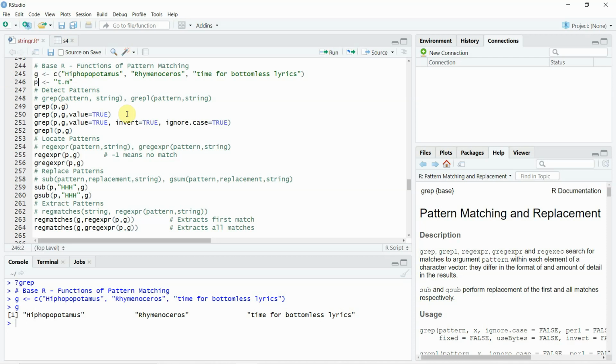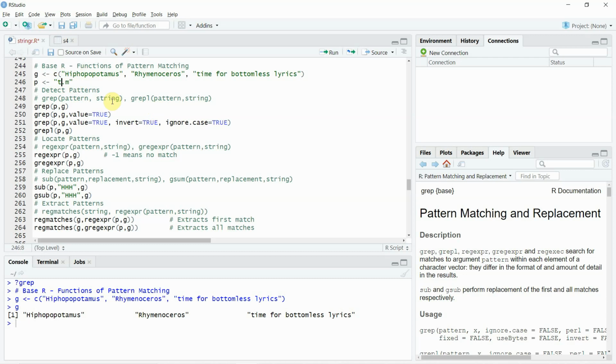Next, we are going to introduce a variable called p. Now in this variable, what we're trying to do is we are going to say this equals t.m, and dot can stand for anything. So in R, if you mention dot like this, it can stand for anything. So it can be tam, tim, t some number m, and so on and so forth. So this is like a pattern, right? If you want to actually input dot as a dot, then what you generally have to do is use a double backslash to introduce that dot, right?